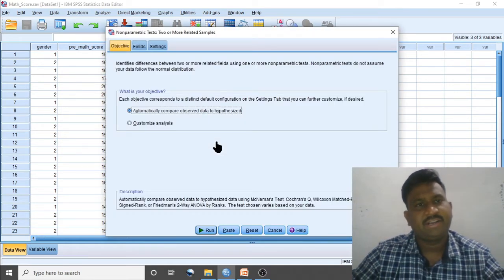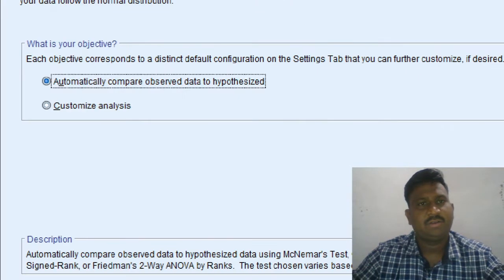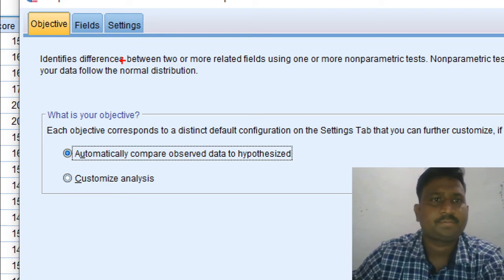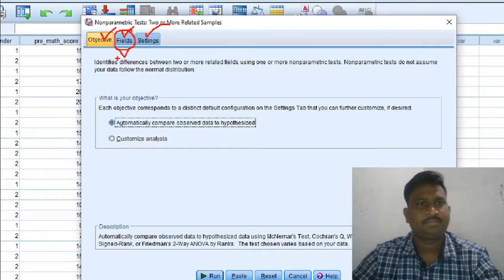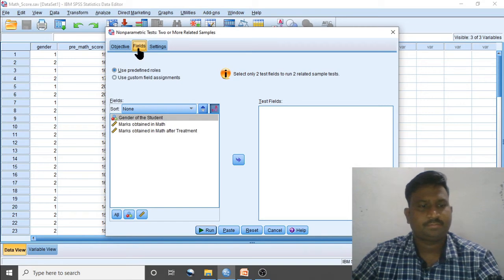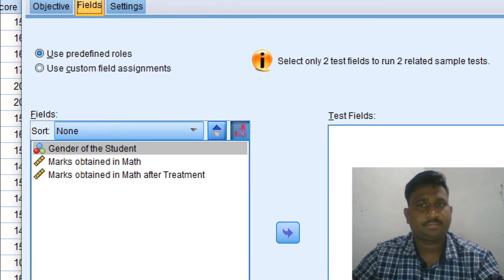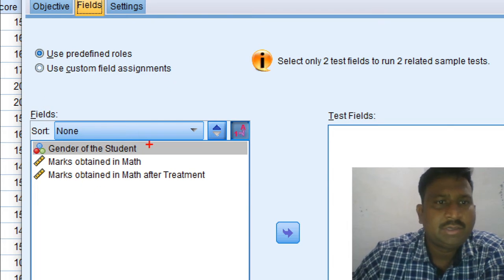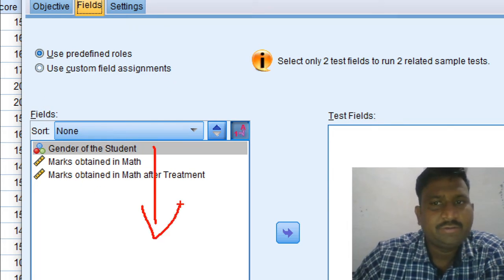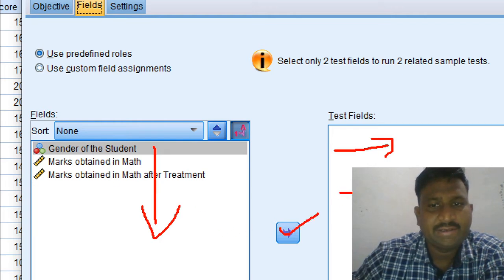When you click on Related Samples, this dialog box will open, which has 3 tabs. We need to work on Fields only. So I will click on Fields. In the Fields option you will find the list of all variables. We need to send the 2 related samples here by selecting the sample and clicking here.